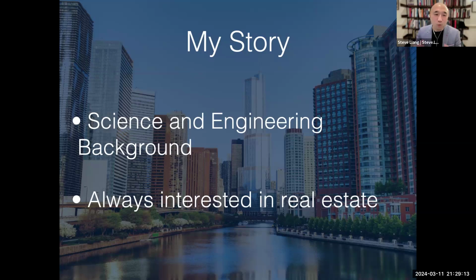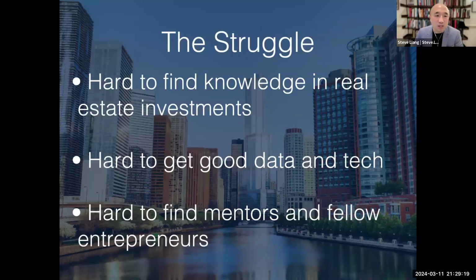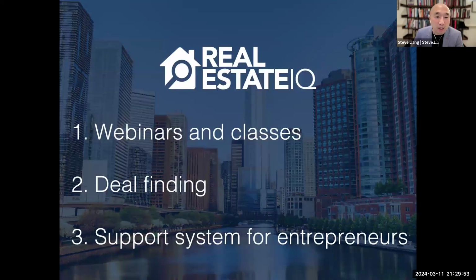But when I really started getting into real estate, I realized that it was difficult to find the knowledge that we need to be successful in real estate investing. It's a pretty niche knowledge, and it's not like you can find it everywhere. It's hard to get good data and technology to help with the acquisition or the selling, even for real estate investments. And on top of that, it was hard to find mentors and fellow entrepreneurs so we can share our experience and learn from our mentors. And that's why we decided to